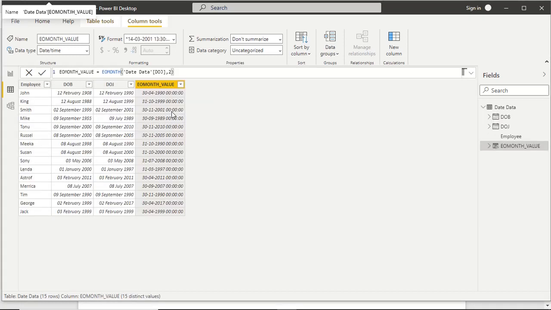Now we can see the data. In the date of joining column we have the 12th February, and in this column we have April, and the last date of April is the 30th. And the same with the next row, 12 August, then we have October, and 31st is the last date of October. Suppose I make it -2.